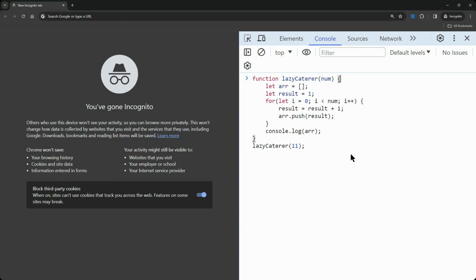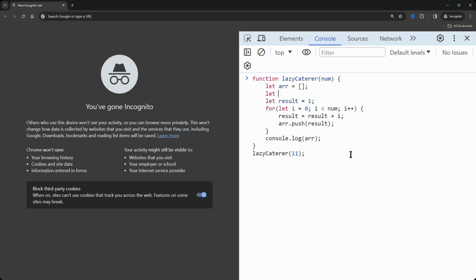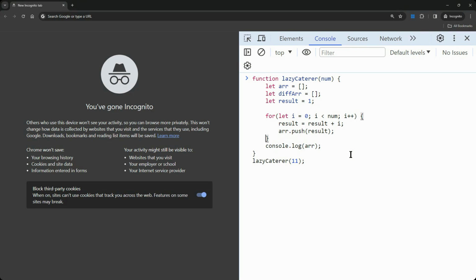So how am I going to check the results? Well, basically, I'm going to introduce another array. I'm going to name that diff array, and I'm going to set it to an empty array. And now here inside the for loop, let's just spread it out a little bit for increased legibility. So here I'm going to say console log